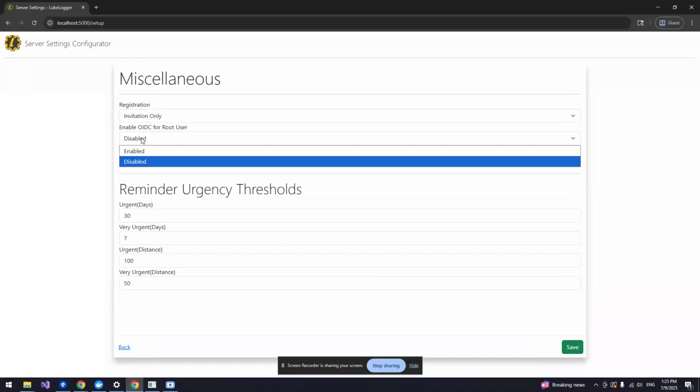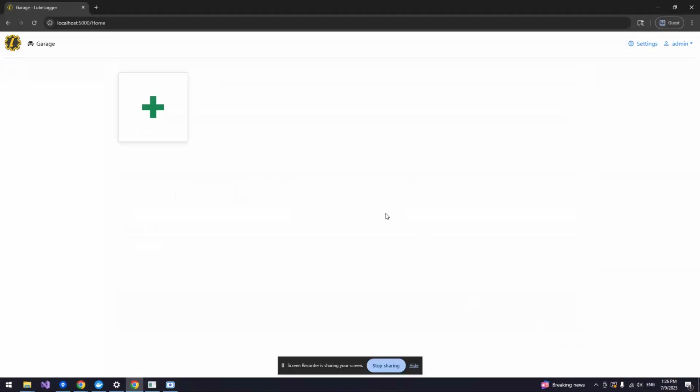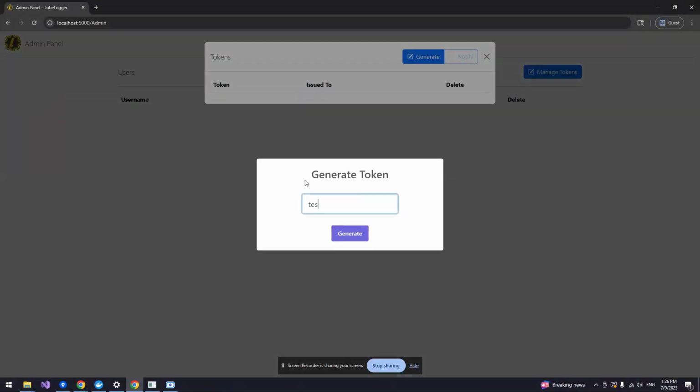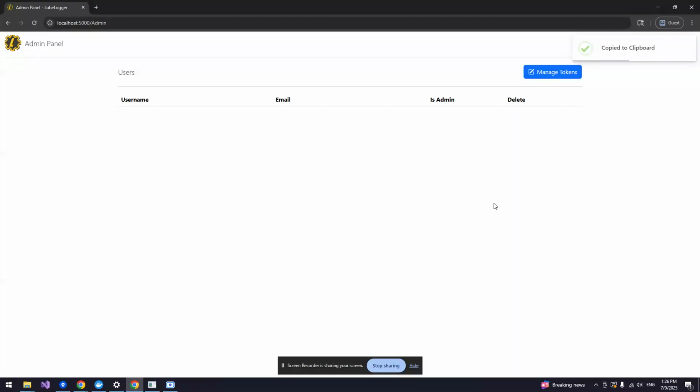Click next. I will enable OIDC for root users, and I will set this to admin@lubelogger.com. Click save, return to garage. And I'm going to go to my admin panel, and I will generate a token for tasks@lubelogger.com, which is the email address of my task user. So I click that one,